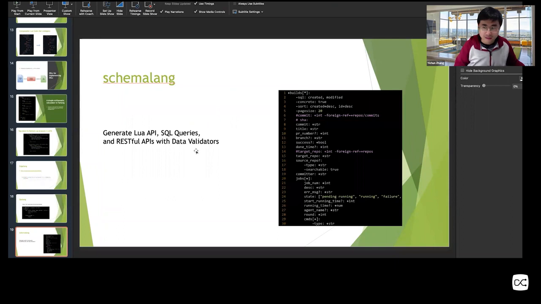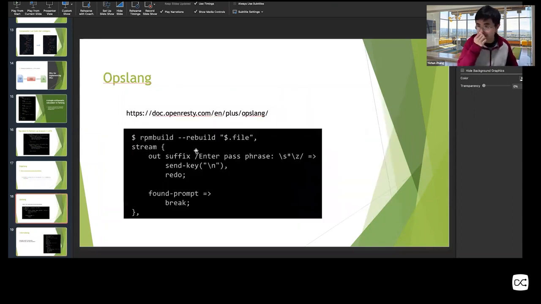Yeah, OpsLang is also very interesting. Basically, you can automate the command line console of a Unix, like an Xterm console. It's kind of similar to the expect package of the TCL language, but much more powerful. And it's in Lua. The resulting code is in Lua in OpenResty, and we're doing non-blocking streaming matching of the console. So it's for DevOps automations.